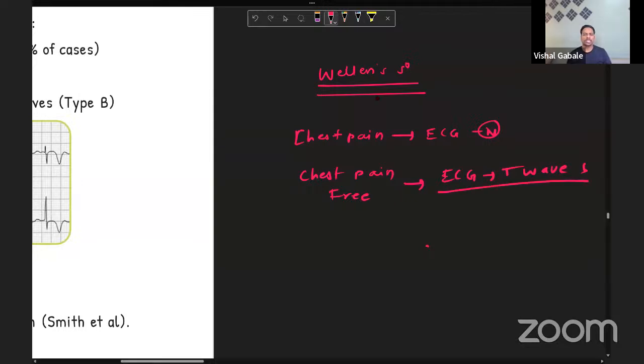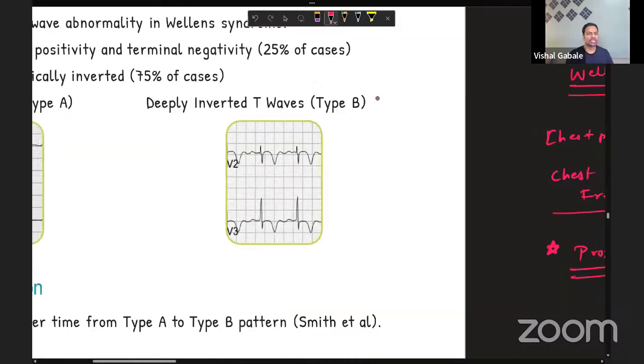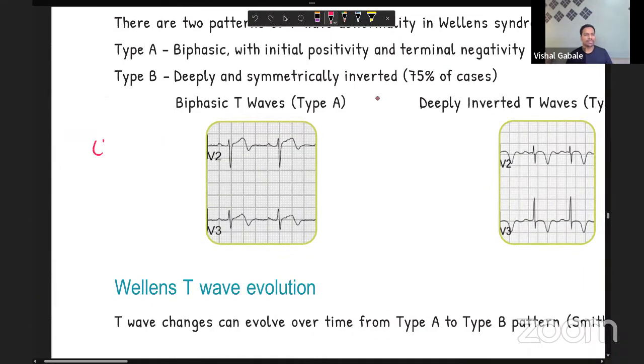This ECG will show T wave inversion. And why does it happen? That's because of the pathophysiology in the Wellens syndrome. It is associated with the proximal LAD lesion. Now, what happens in this patient? Just let me tell you. Whenever the patient is chest pain free,